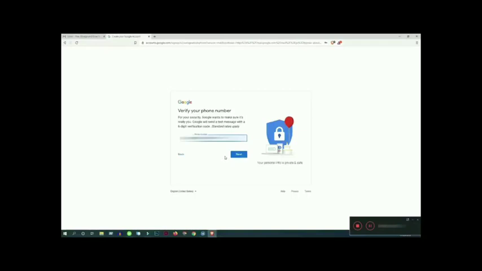Click on the next button. You will get a PIN verification code on your phone.